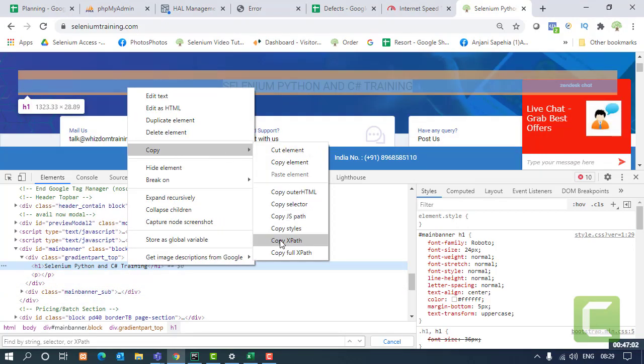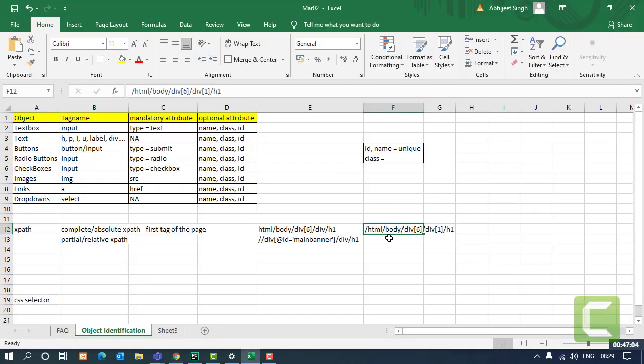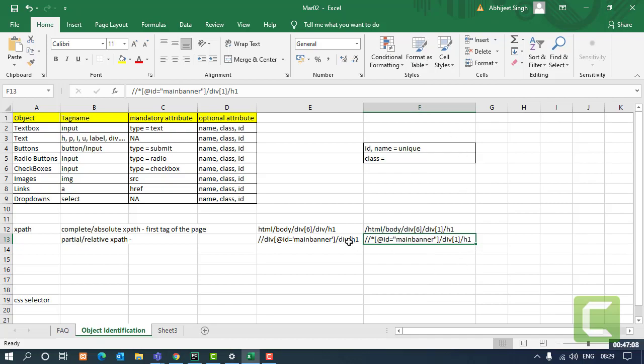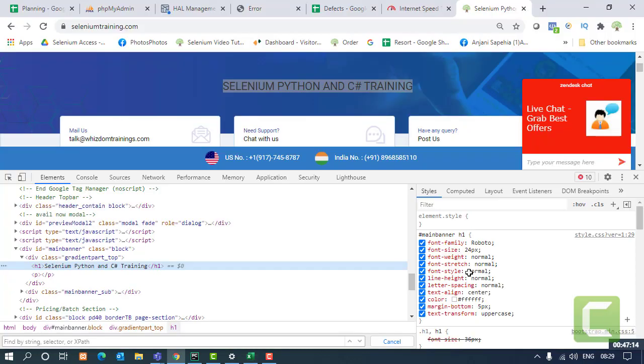And if I look for the copy XPath, the second option which gives me the partial one, here it has the XPath which is just the same. Likewise, this is on Chrome. You'll get the same option on other browsers as well, like Firefox and Edge. There also you'll get the same options and you can get the XPath from there as well.